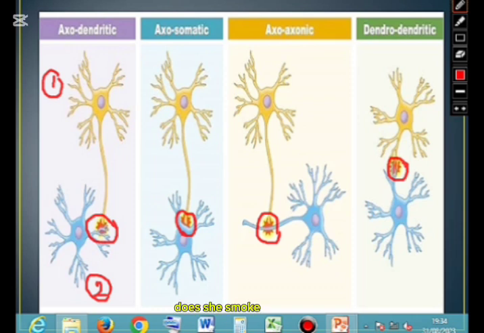Does she smoke? Does she drink? Does she behave properly in class? Does she insult people? Does she have respect for constituted authorities? We look at all of that. Is she a cultist? Does she belong to Black Axe or Red Party? Which group does she belong to? We look at that, and that is why